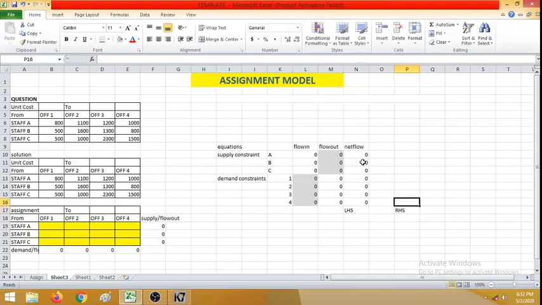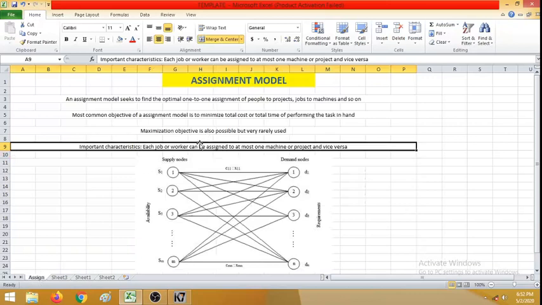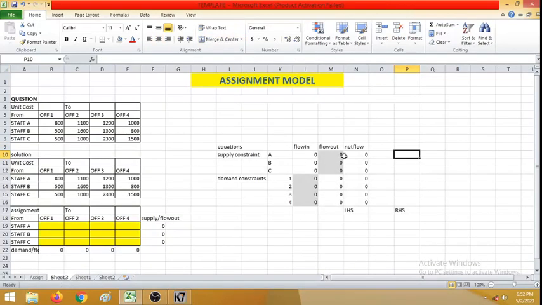So for an assignment problem, as the characteristics have been explained already, you can see here each job or worker can be assigned to at most one machine. So it is only one, right? So we have to differentiate between the supply constraint and the demand constraint. For supply we will be using negative symbol. So minus 1, minus 1, minus 1.